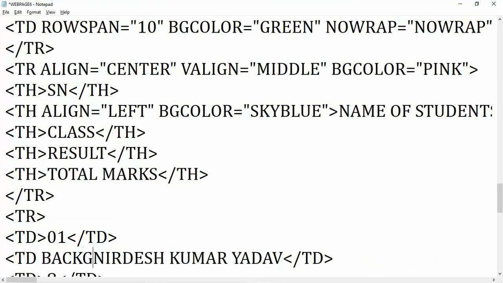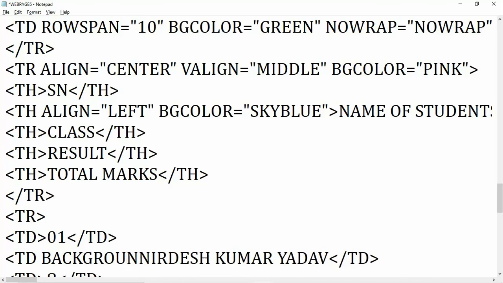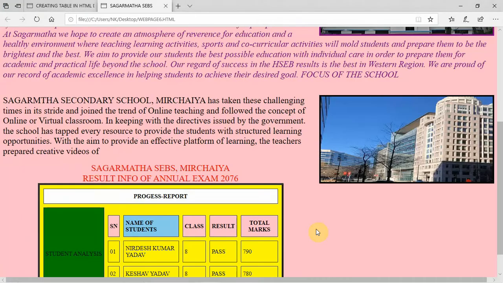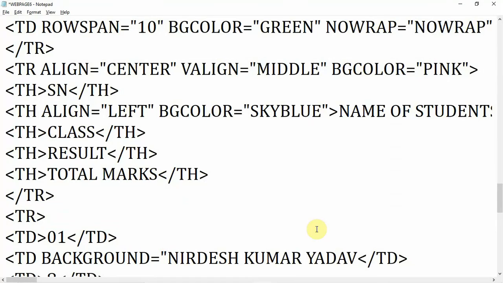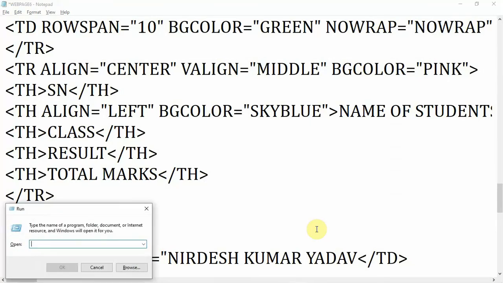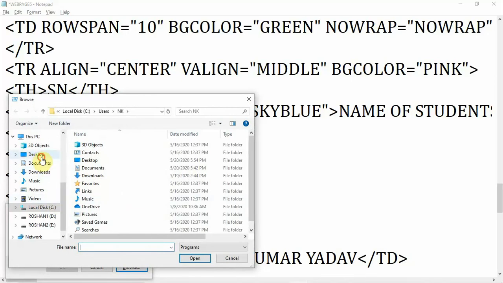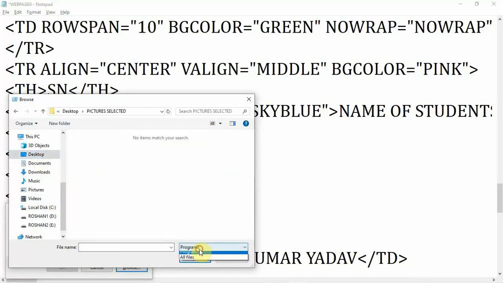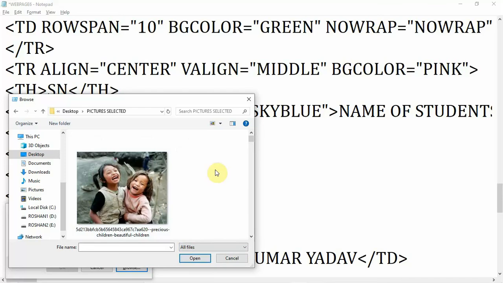But for background, you can change the background, like you can use here background equal to, you can give the name of the picture that you want to set inside the table cell. So I want to insert a picture, Windows plus R. I want to insert one picture from here, desktop, give any picture.